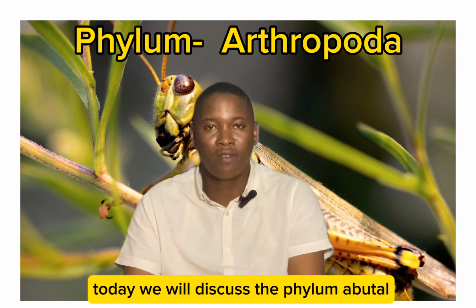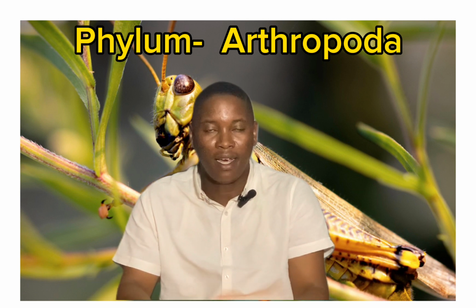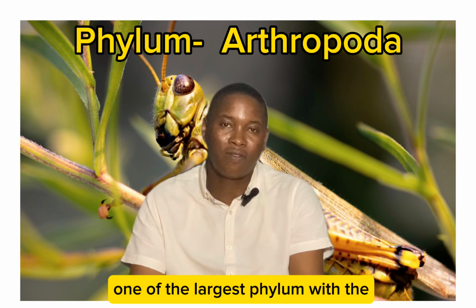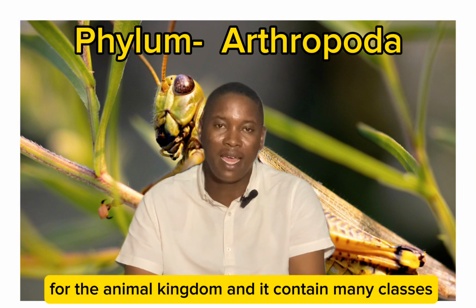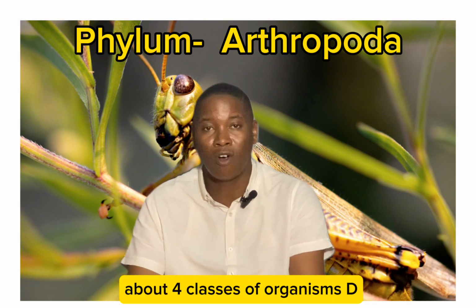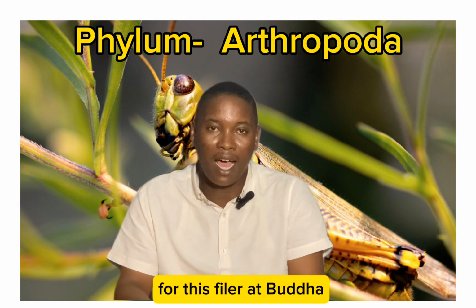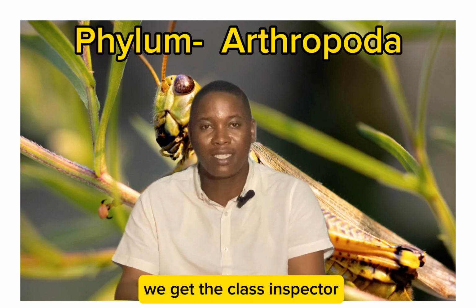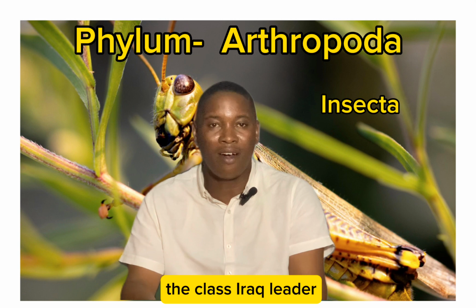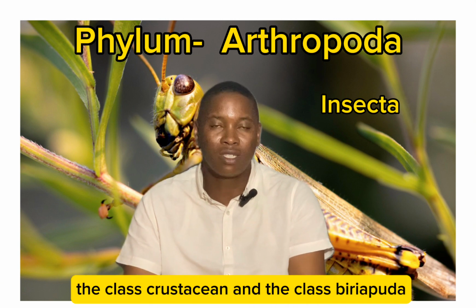Today we will discuss the phylum Arthropoda. Now, this phylum Arthropoda is one of the largest phyla in the animal kingdom, and it contains many classes, about 4 classes of organisms in this phylum Arthropoda. Now, for these 4 classes of organisms we have the class Insecta, the class Arachnida, the class Crustacea, and the